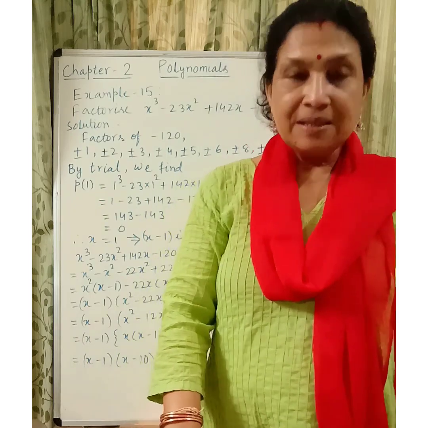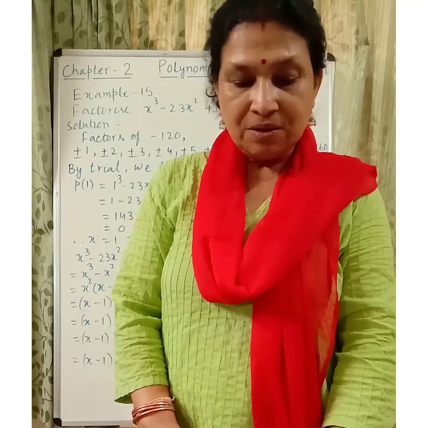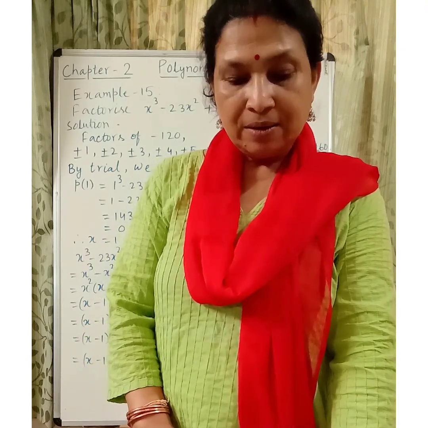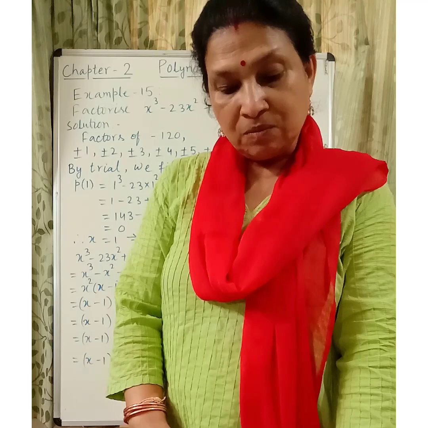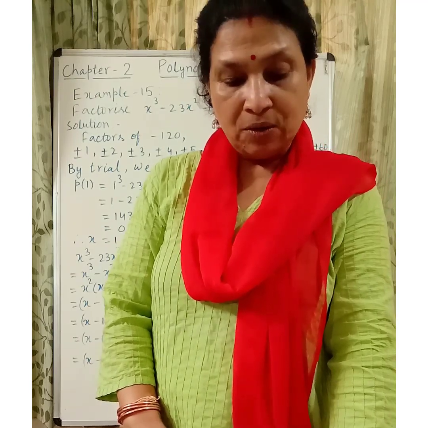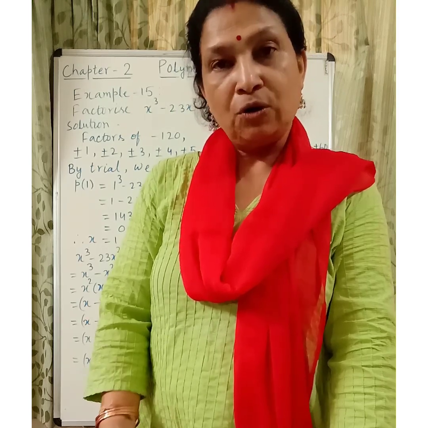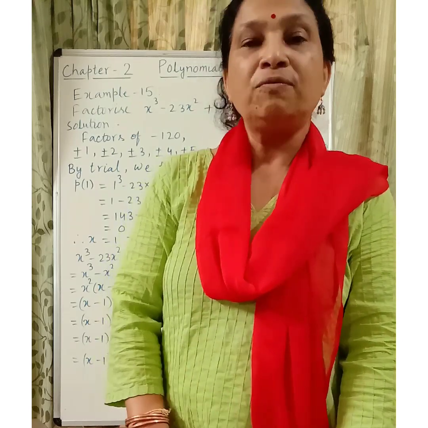Now the last question of exercise 2.4 is question 5. You can see the question. It has 4 parts, and in every part you can see how many terms are there for the polynomial. 4 terms are there. For 4 terms, either you can try out factorizing by taking the common factor. If not, then I am giving one example which will help you to solve question 5.